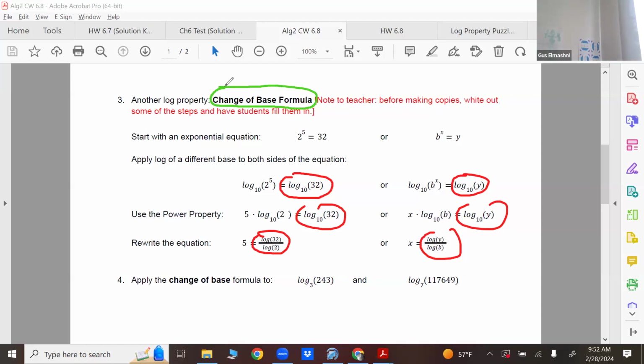So let's say we have 2 to the 5th equals 32, right? We know that's true. So if I were to work this out, take log base 10 of 32, it's 2 to the 5th, right? The 5 comes to the front. Also, I could divide both sides by log base 10 of 2. So what this tells me is that if I'm asked to evaluate something that's not quite clear, like say log of